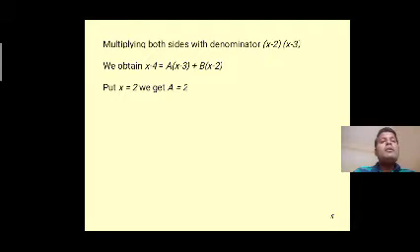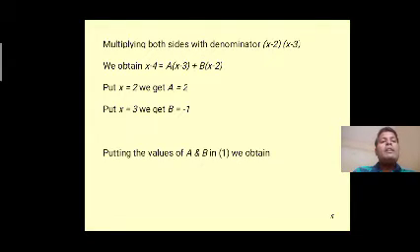Simply we have to do the LCM. Then put x equal to 2, we get a equal to 2. We substitute x equal to 2, then the b term will be 0, we get a equal to 2. And in the same way, put x equal to 3, the a term will be 0 and we get b equal to minus 1. Putting the values of a and b in 1, we obtain x minus 4 divided by x square minus 5x plus 6 is equal to, in the place of a we write 2, in the place of b we write minus 1. So we get 2 by x minus 2 minus 1 by x minus 3.